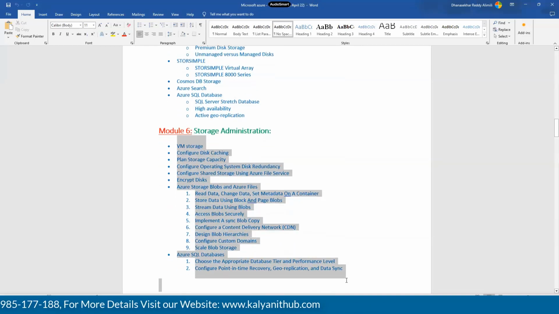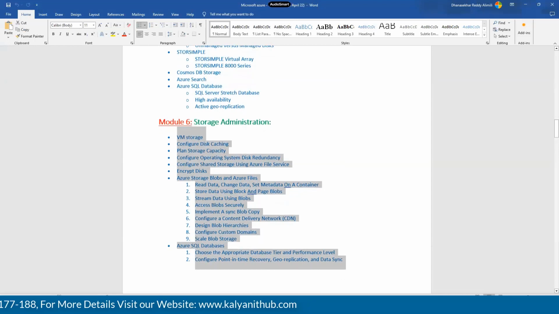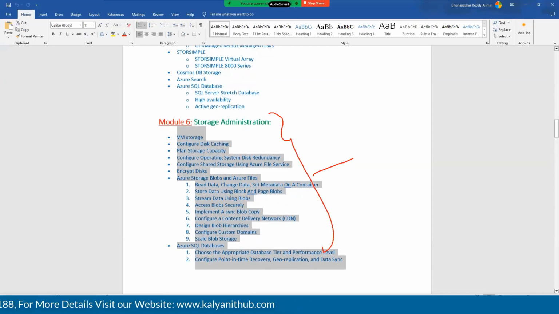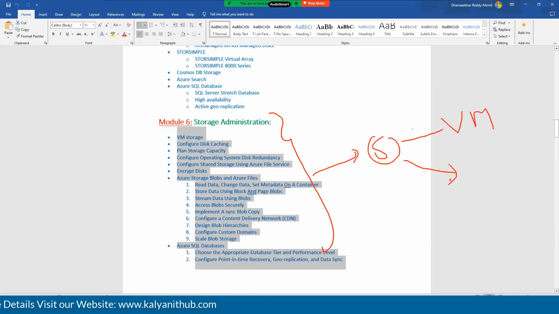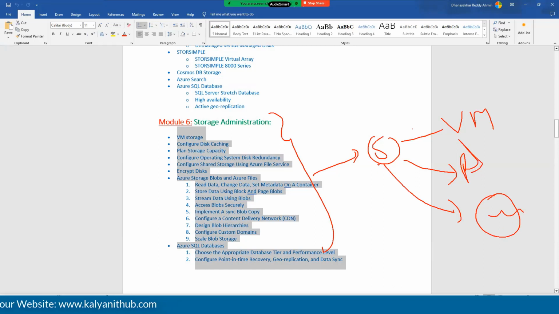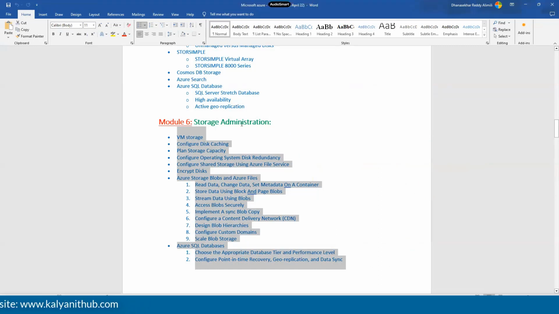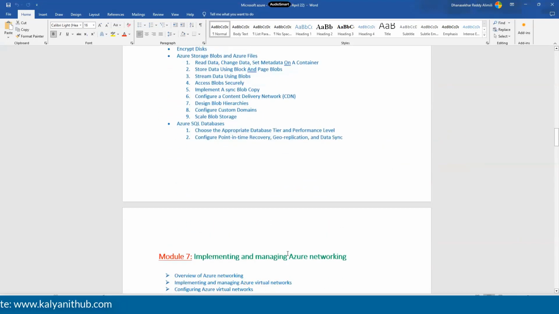What type of data would you like to store? Next, how can we integrate this storage with virtual machines and PaaS services? How can we integrate the storage with your personal computer to sync the data, cloud to local and local to cloud? How can we access it with different methods? All that we will see in storage administration.